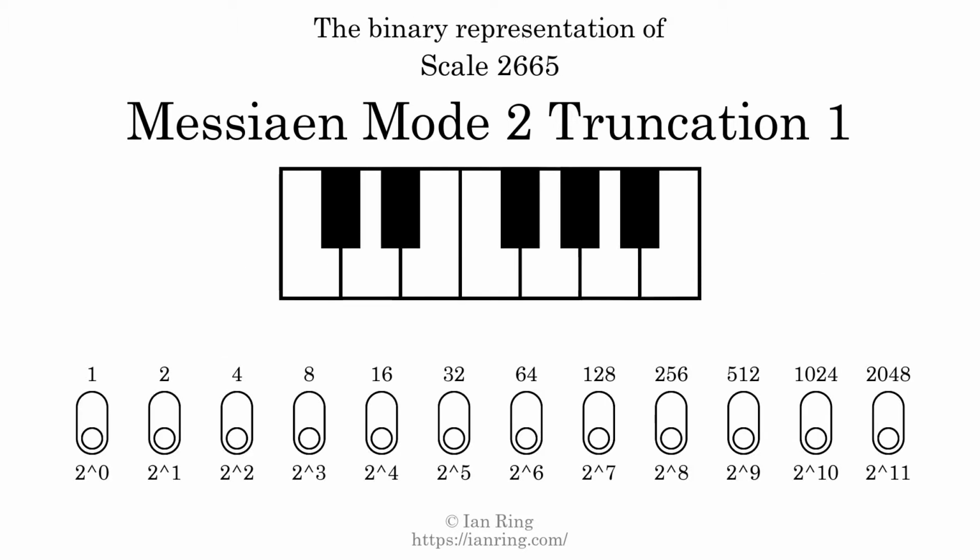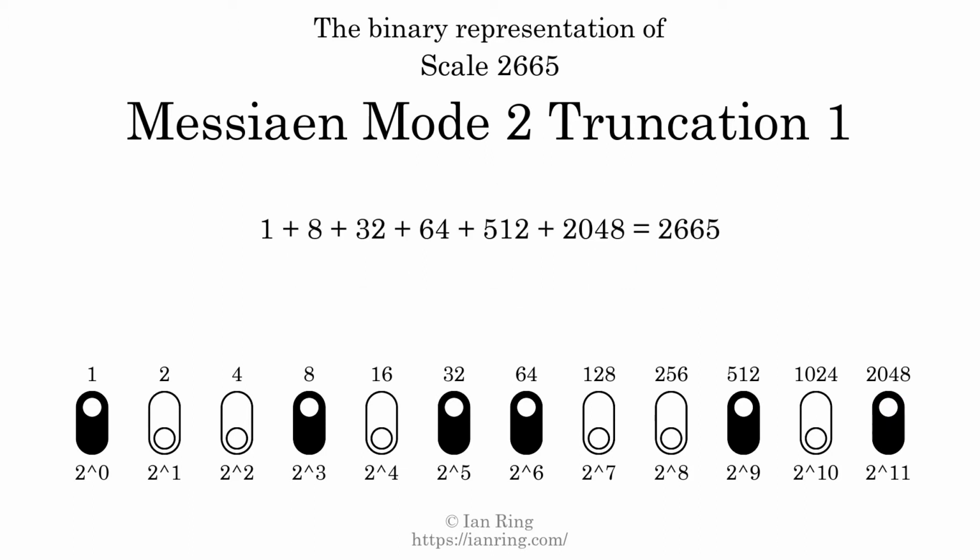The binary representation of this scale is determined by mapping tones of the scale to binary digits. Each binary digit represents a power of 2. To get the scale number, we add the powers of 2 together. The powers of 2 that are present in the scale, all added together, equals 2665. That is why the scale number, in decimal, is